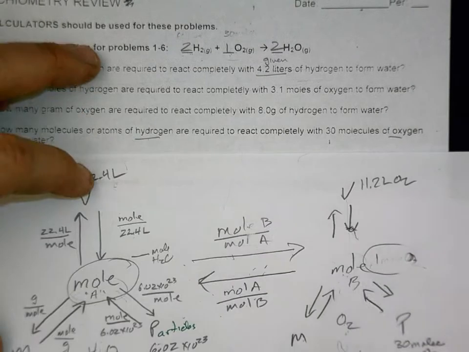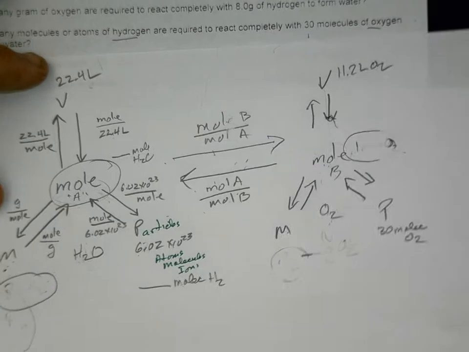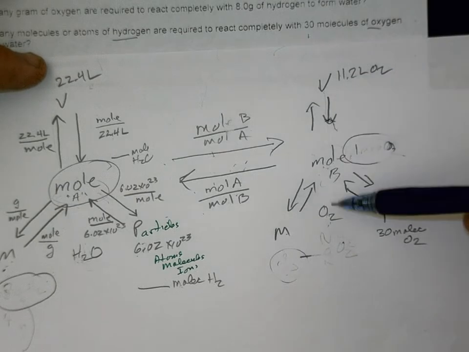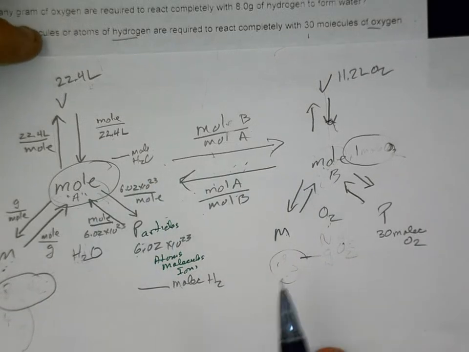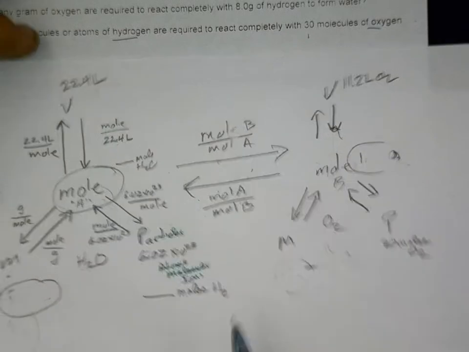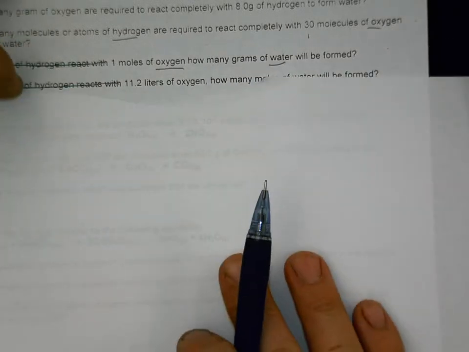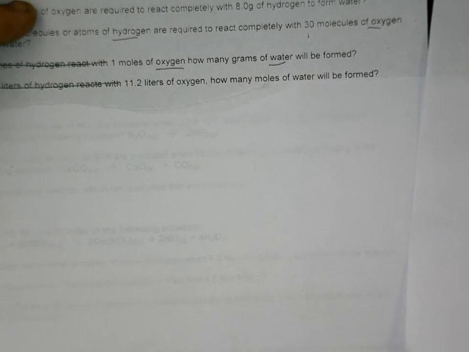So in this problem, we want to go to moles of water. So we've got a 2-step conversion. We're going to moles of oxygen, and then we'll do our molar ratio. That'll convert it into moles of water for us. So that's our roadmap. Volume to moles, molar ratio over here. So what's given in the problem? Because you start every conversion with